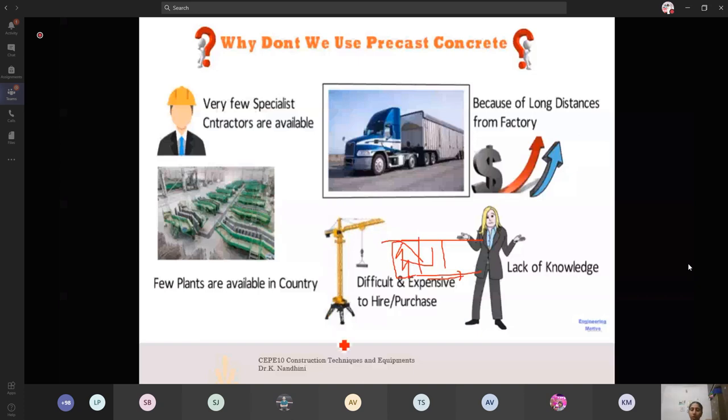The rate of the crane goes in crores. Our construction project may not be in crores, but we would be in a position to either hire or purchase a crane, where the cost of the construction may exceed. And lack of knowledge about precast is also one of the reasons people are not going for precast construction.